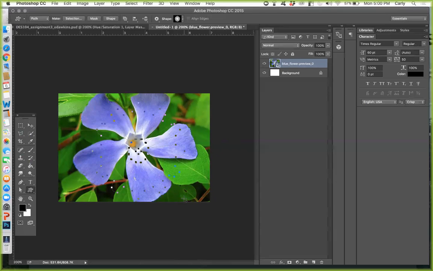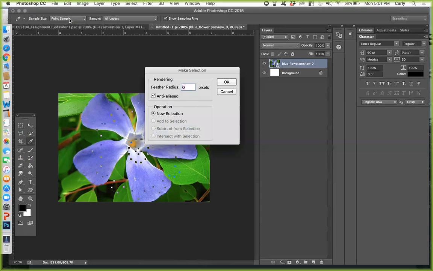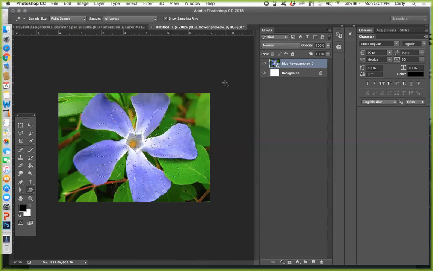I need to select the Make Selection button up at the top of the screen. And this is different than the other selection techniques. Now, after I've turned this path into a selection,